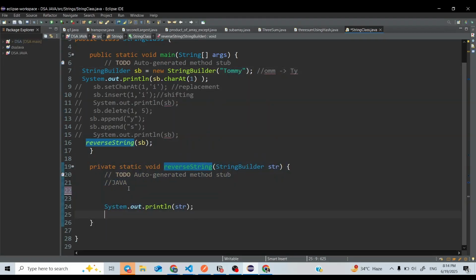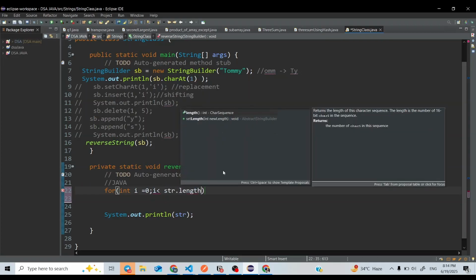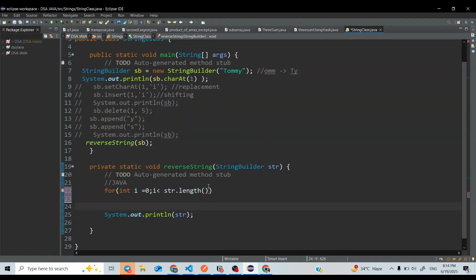So I will initialize my loop, which will run till the half of the string length. Remember to always put the braces here when you write length. This is not an array, so that you will not put these braces. Always put the braces in case of strings. Okay, these are the small mistakes that beginners make.